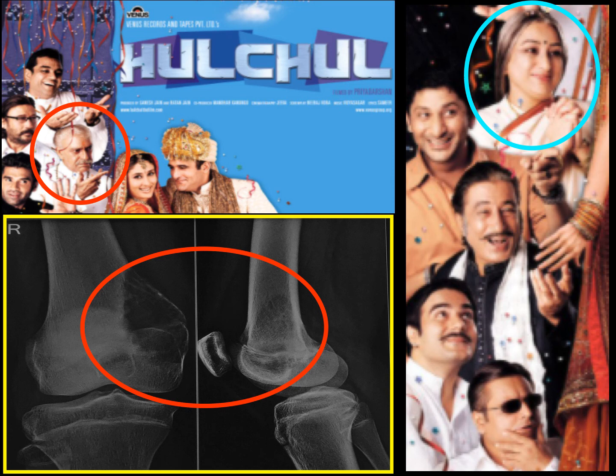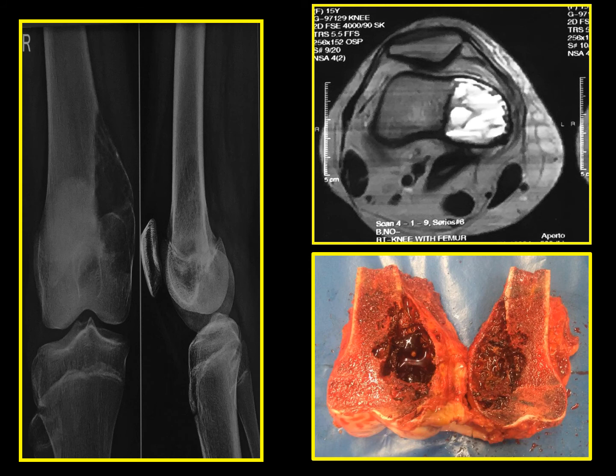Radiologically it looks benign, but MRI was performed which showed a fluid level. Biopsy was performed and this was a case of telangiectatic osteosarcoma. So X-ray gives quite a good idea in the majority of cases, and we can reach a radiological diagnosis in the majority of cases, but this is not the full and final thing. After X-ray we require an MRI followed by biopsy to reach the diagnosis.